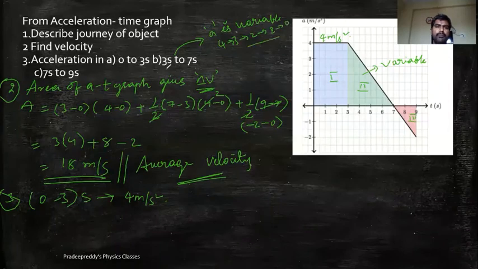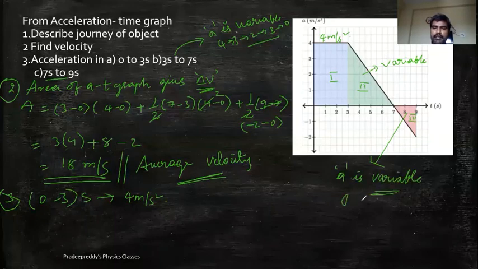It is variable. Next, coming from the 7th second to the 9th second, this part. In the 7th second to the 9th second, acceleration is variable. It is increasing from 0 to minus 2 meters per second squared. In opposite direction, the body is traveling. That is negative acceleration. So region 1 is acceleration, region 2 is called deceleration, and region 3 is negative acceleration.